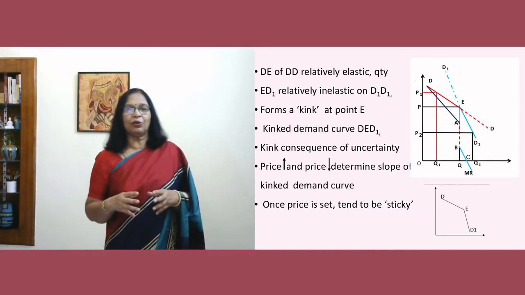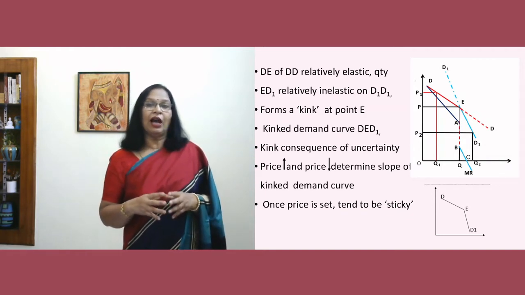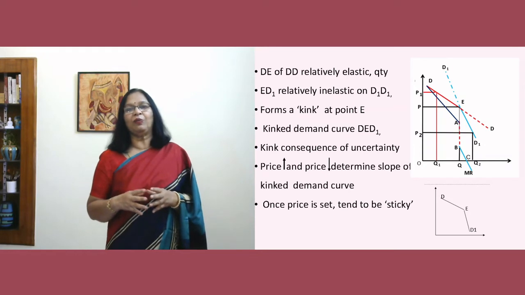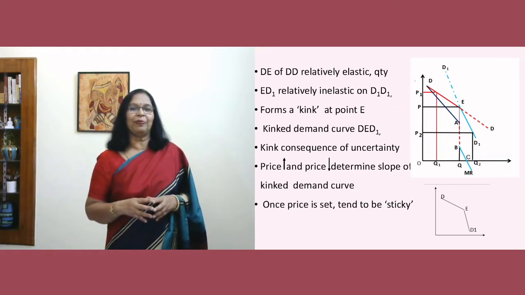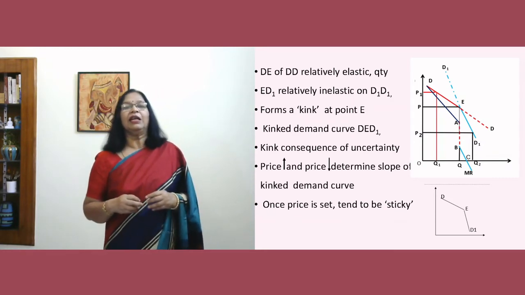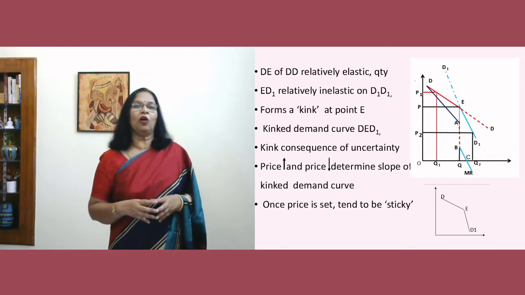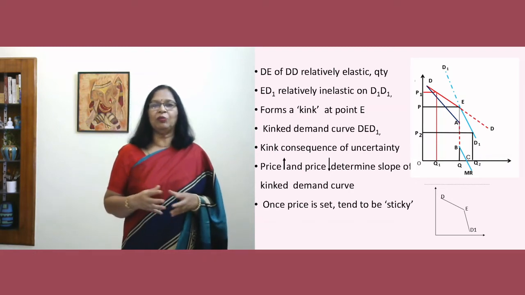So this kink in the demand curve is because of the uncertainty that the firm would have experienced when it reduced its price. So when the price increases or decreases, that will determine the slope of the kinked demand curve. So how does it happen? That is based on the movement of the